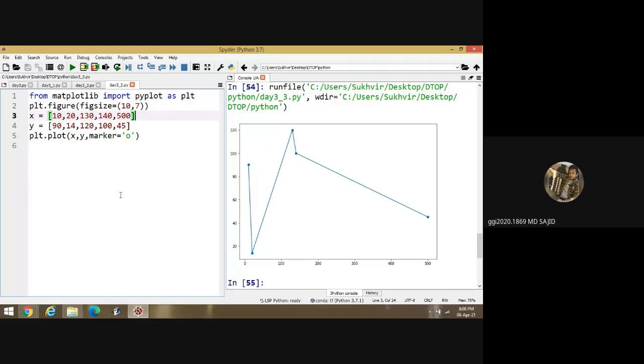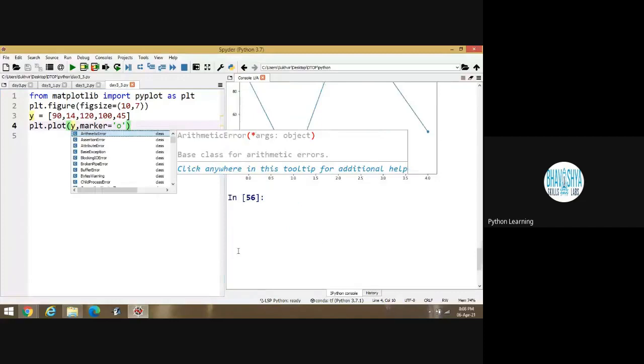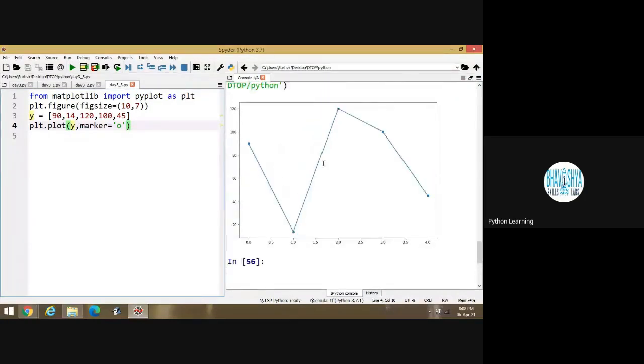So can you, sir, remove the x value and execute only the y value? Suppose I am deleting this one. Okay, like this. Yes, sir. Okay, suppose I am writing y only, like this. Then execute the program. You can design accordingly.